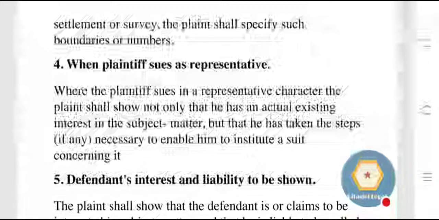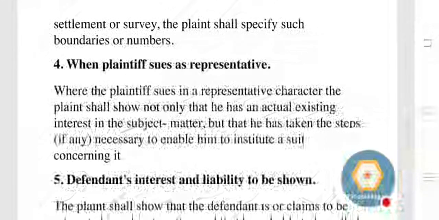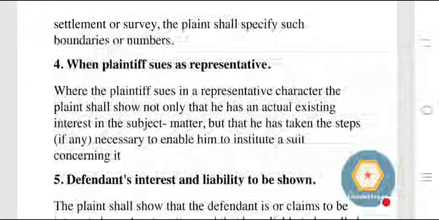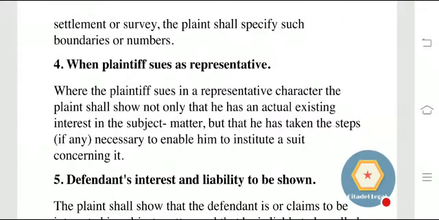Now, if the plaintiff sues in a representative capacity, which has been discussed under Order 1 Rule 8 of the Code of Civil Procedure in our previous video, in that case, where the plaintiff sues in a representative character, the plaint shall show not only that he has an actual existing interest in the subject matter, but that he has taken steps, if any, necessary to enable him to institute a suit concerning it. Okay,